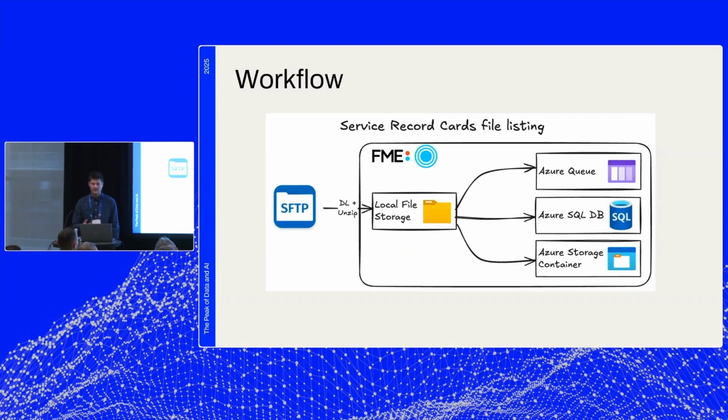Workflow, I can detail that a little bit more. Well, we took these millions of service record cards, we used FME to extract them locally, and then we loaded them up into an Azure queue, and also kept a record of them in an Azure SQL database, and we copied them to an Azure storage container. Why do we do this? Well, we did this because we wanted to parallelize the task. We wanted to make sure that we could run FME, utilizing multiple engines,